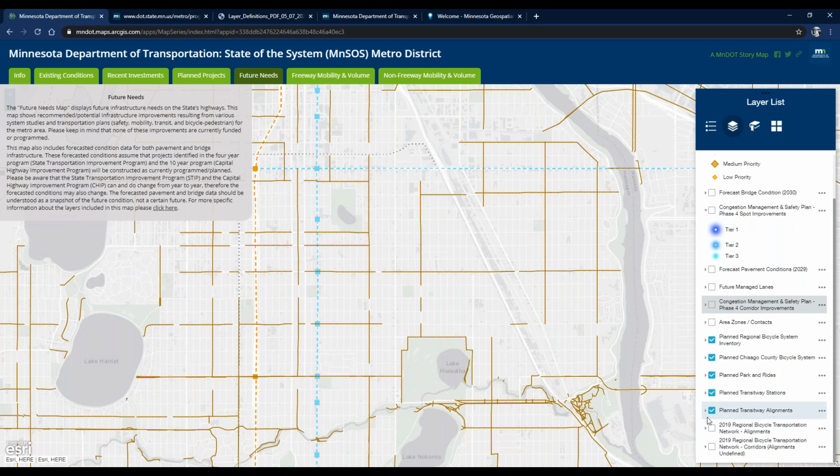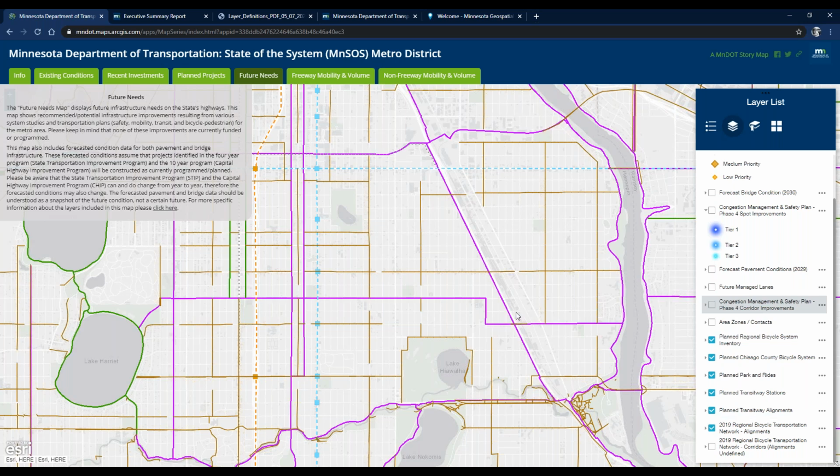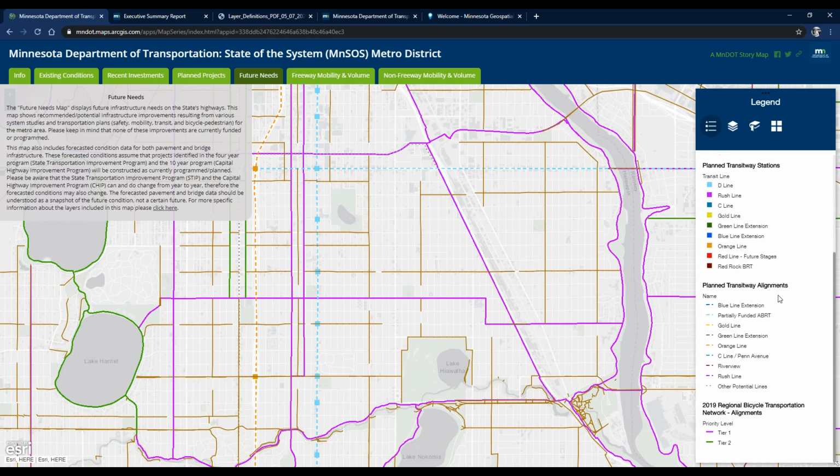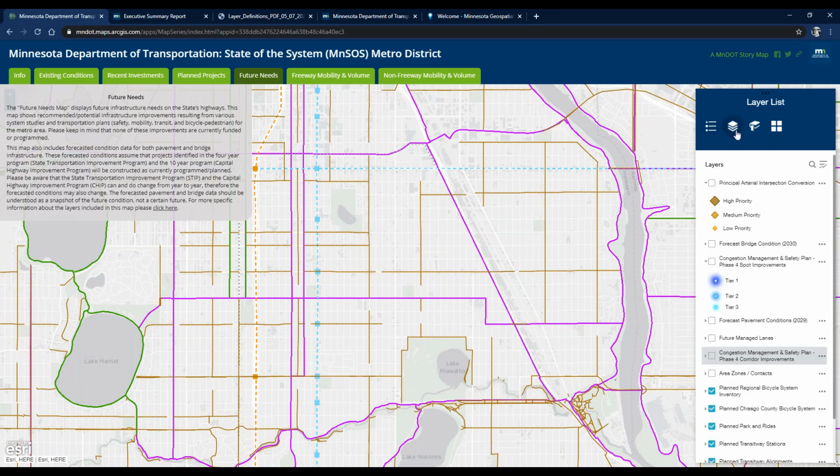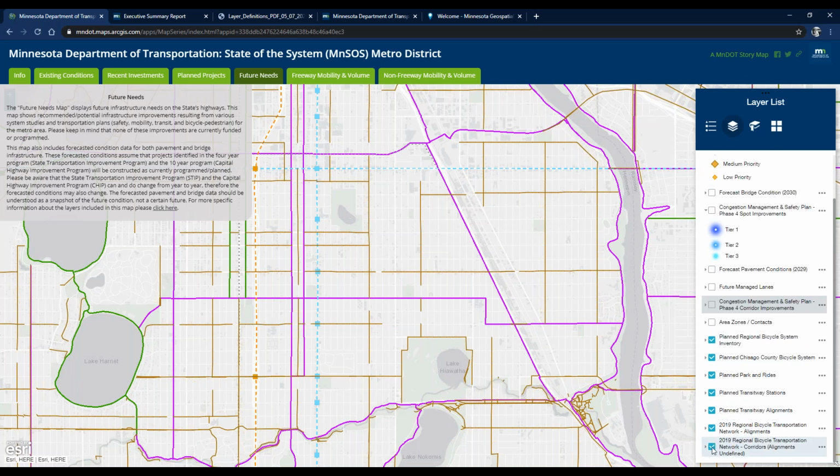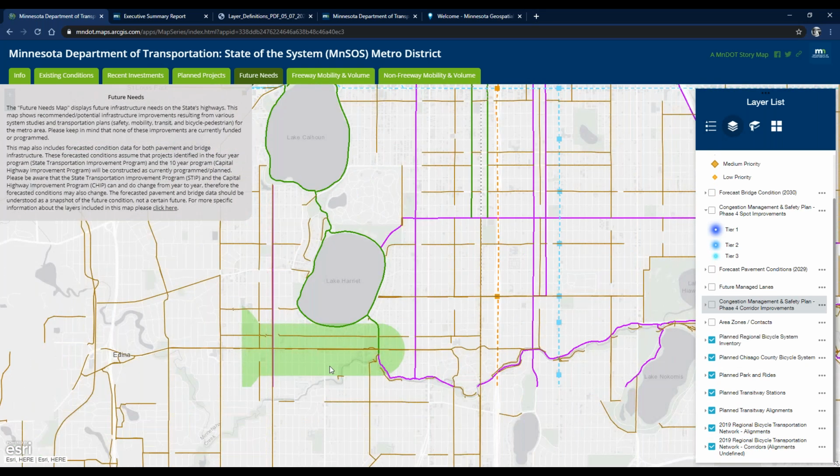And one interesting thing we have with this is the RBTN bicycle system is a little bit unusual as far as plans go. So that was based on a study of really where the routes should go. So for some of those, the routes have already been decided, and we have lines like the magenta lines that we can see now. But for other areas, a corridor has been identified as being in need of bicycle pedestrian facilities, but the exact alignment was not targeted by the study. And so for those areas, we have these green or magenta corridors that can be turned on and